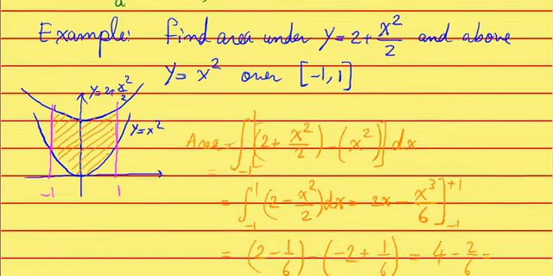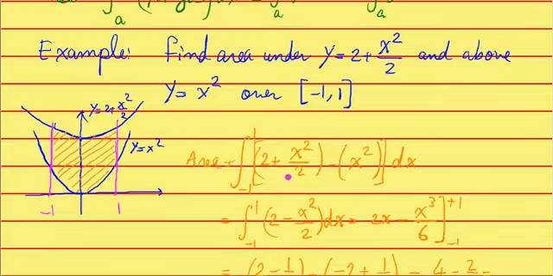Let's just remind ourselves what were the ingredients here. This one was the equation for the top, this one was for the bottom, this one was for the left, and this one was for the right. Okay, in essentially any kind of integral, you need to have these 4 ingredients. You need to have a mental picture of what's going on, have the 4 ingredients for yourself, and decide how you want to cut up the region and go along with your